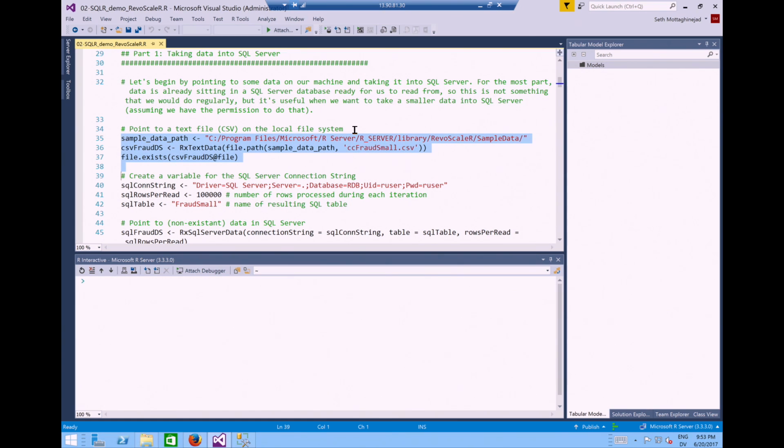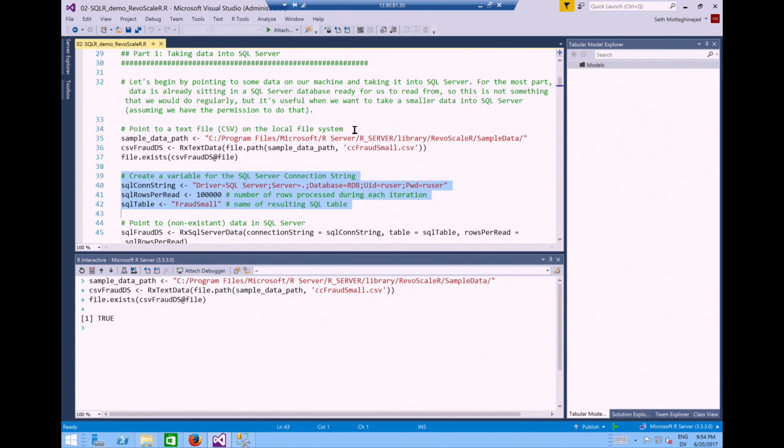Okay. So what I'm going to start with is, this is, by the way, Visual Studio. I am using R tools, and I have my R console on the bottom of the screen here. I have the R code at the top, and I'm just going to select the code and chunk by chunk send it to the console. And when I select it, you can kind of see which part of the code is running as I'm doing this. Okay. So the first thing is we're going to point to a CSV file that's on the data science VM.